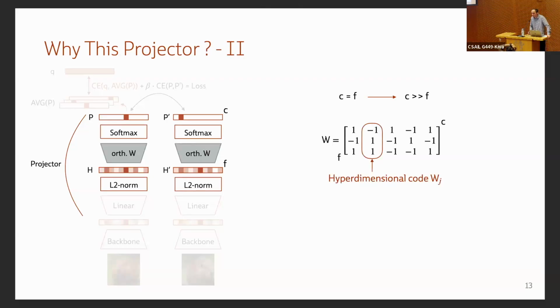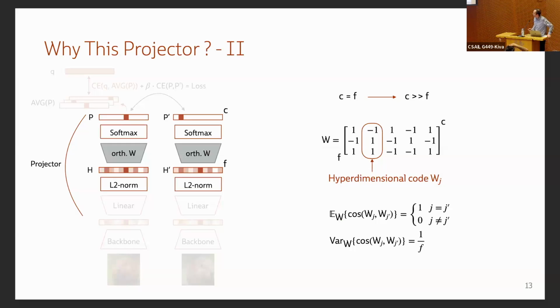Well, what we do is that we take our matrix and we generate this matrix using hyperdimensional computing, which means that basically all the elements here are binary, so we can have plus and minus one. And these elements are randomly generated independently. So this matrix is randomly generated and is fixed across training. Okay, so it's not learned.